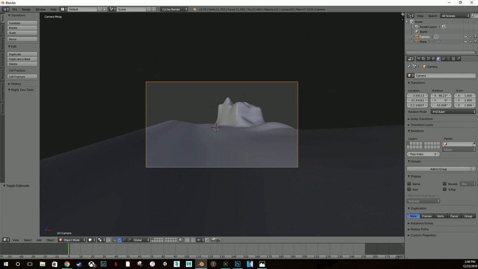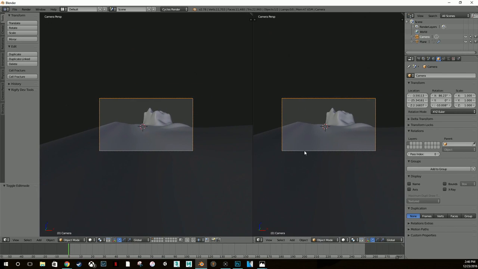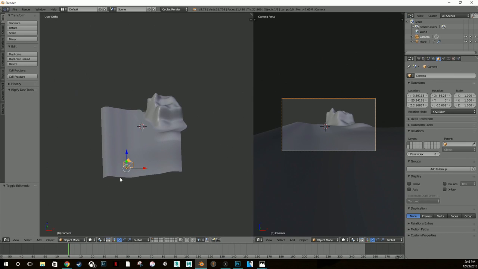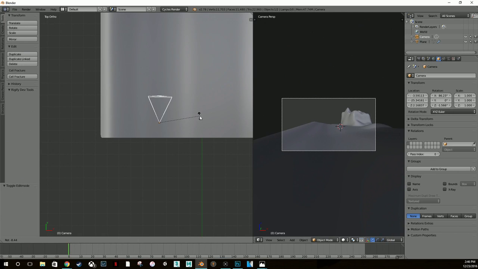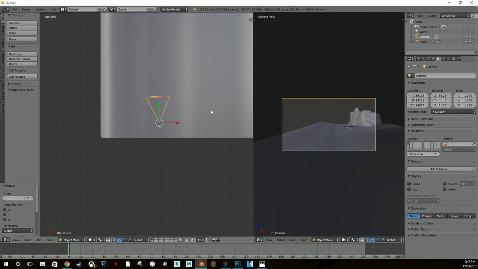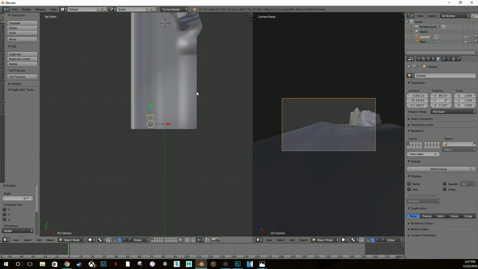All right, hold on. Let's take our... This is not going to be our camera. We're going to go overhead. We're going to rotate this guy like that. Maybe even a little more. And we don't want this. Okay, so we're going to take